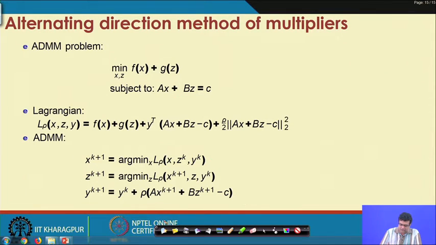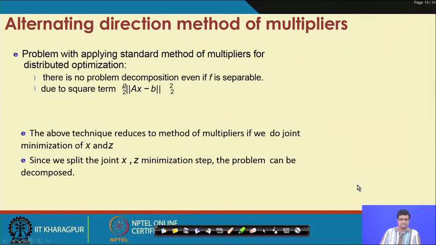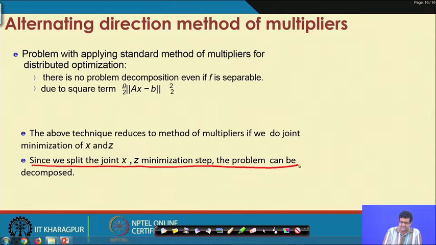Now, the question is, how did we arrive at this? Since we split the joint x z minimization problem, the solution can now be decomposed.